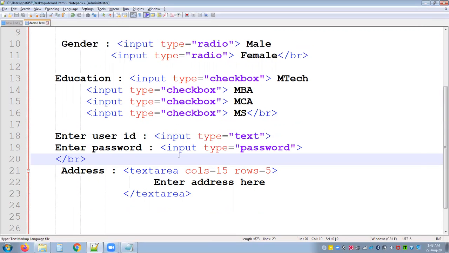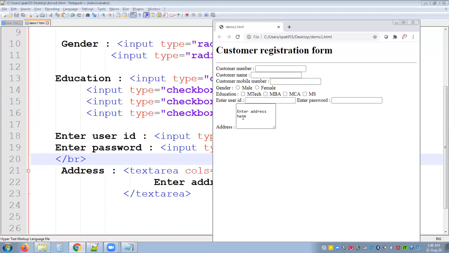So you can observe that the text area contains "Enter address here", whatever in-between text you have written, and instead of this you can go on writing the address with commas or with any of the other separations.